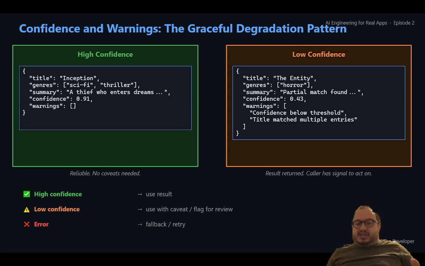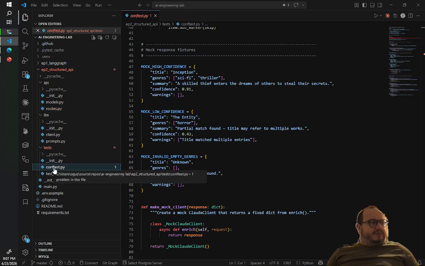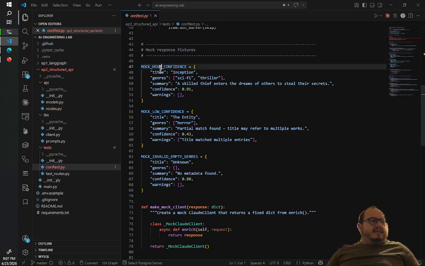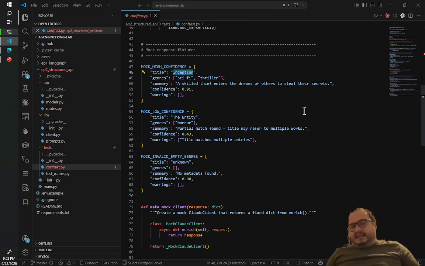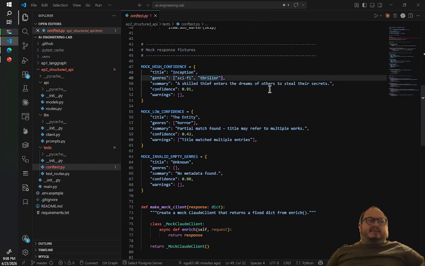Summarization, classification, extraction, translation. If we go to confidence test py, we can see the high confidence, low confidence, and invalid empty cases. Look at the mock data of the high confidence. It's a movie, Inception. It's a sci-fi, it's a thriller. As skilled thieves enter the dreams of others, steal their secrets. Good.